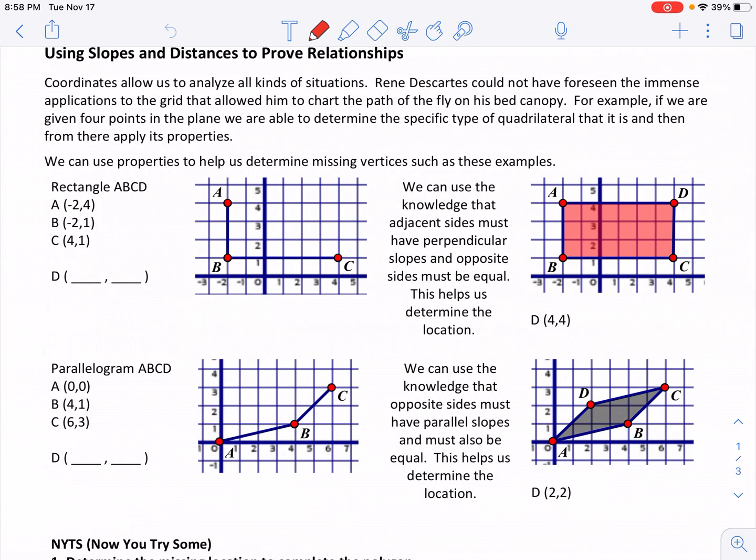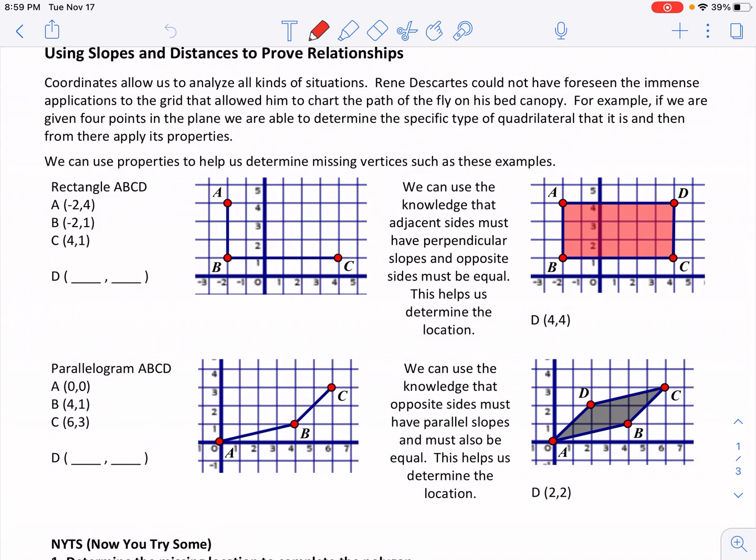Okay, so what we're going to be looking at here is proving different relationships from the properties of the quadrilaterals that we looked at, using the coordinate plane. We're going to either be given an image with the coordinate plane and want to complete the image, or we're going to be given a set of points and want to show which one of those quadrilaterals we're dealing with, and that's based on the properties of the quadrilaterals